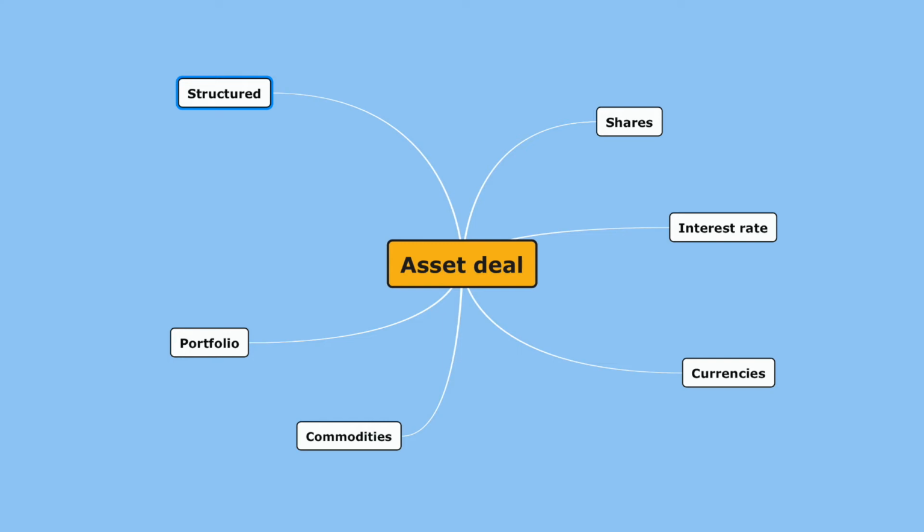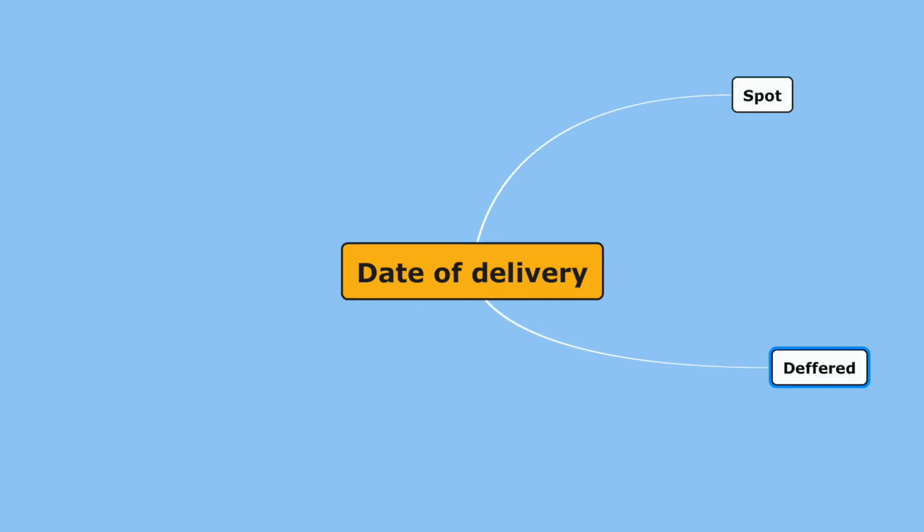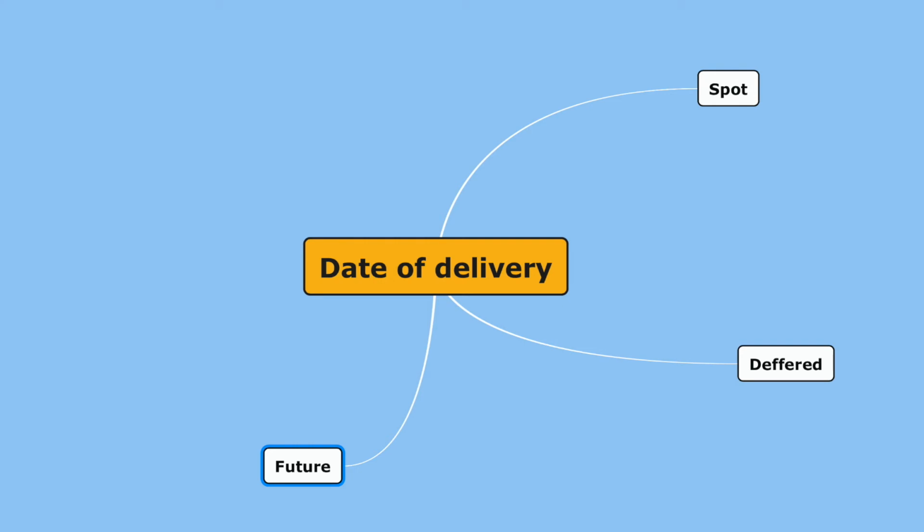Let us come to this type of contract with the second criterion, the date of delivery of the asset. Now, let's classify the financial markets according to the delivery date of the asset. First of all, we have the spot financial markets, that's to say for which the delivery of the asset, bought or sold, is made at the same time as the decision to buy or sell. Then we have the different markets in which the decision to buy or sell is made on any day during the month, but the delivery of the asset bought or sold is only made one day at the end of the month. We have what are called futures.